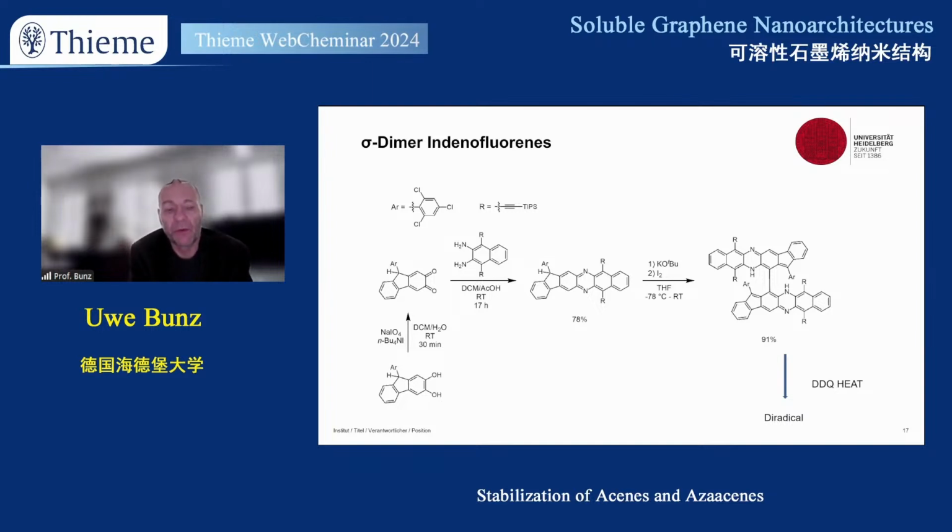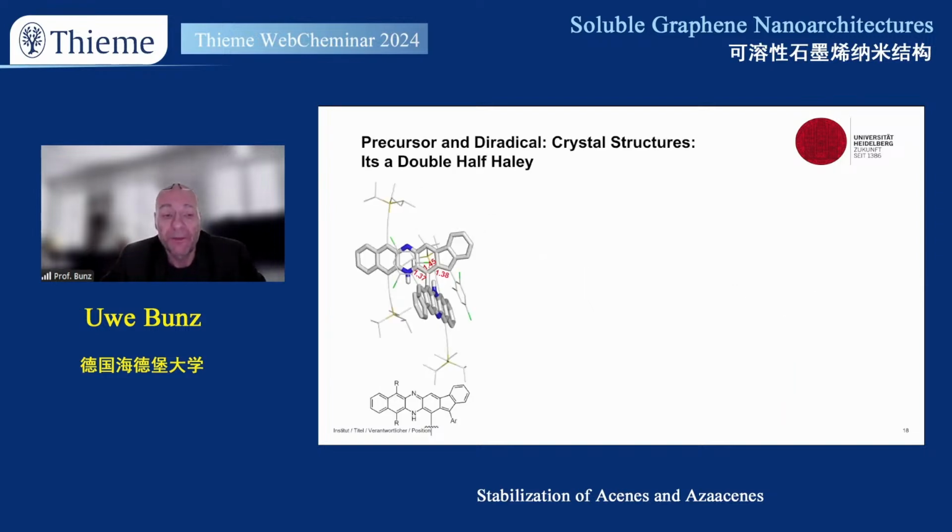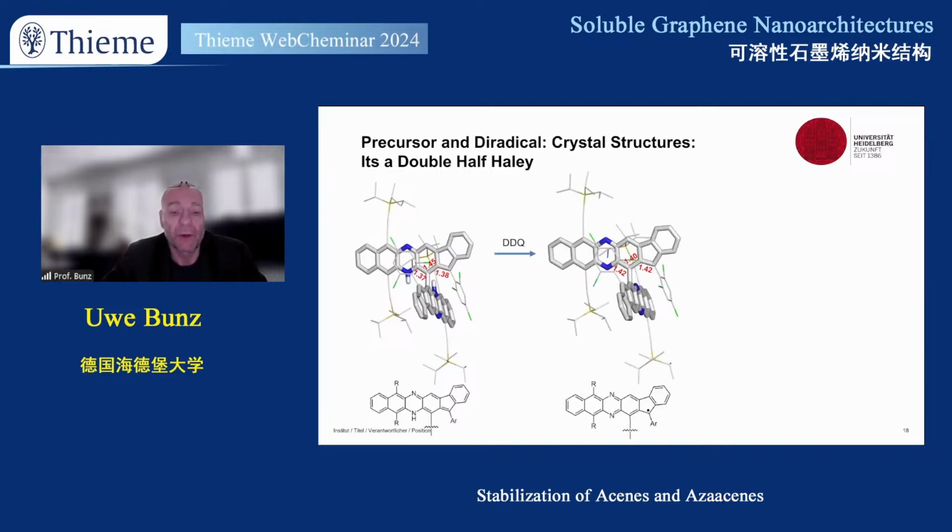So you see here the synthetic scheme. One thing you can really see is that again here we go over this stabilized intermediate radical, and we get out basically an H compound